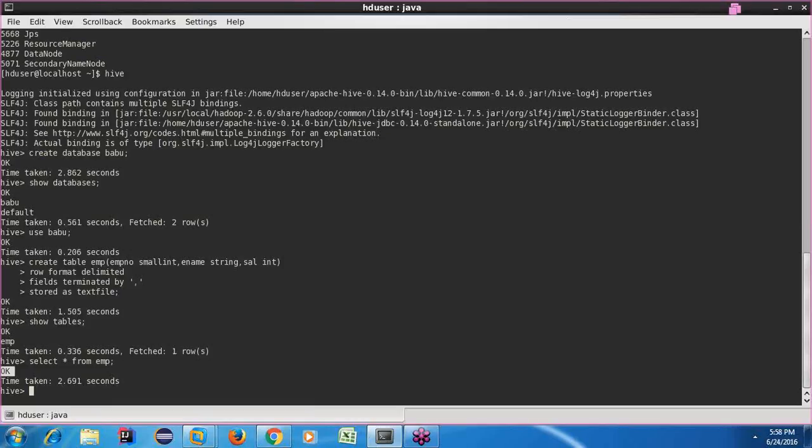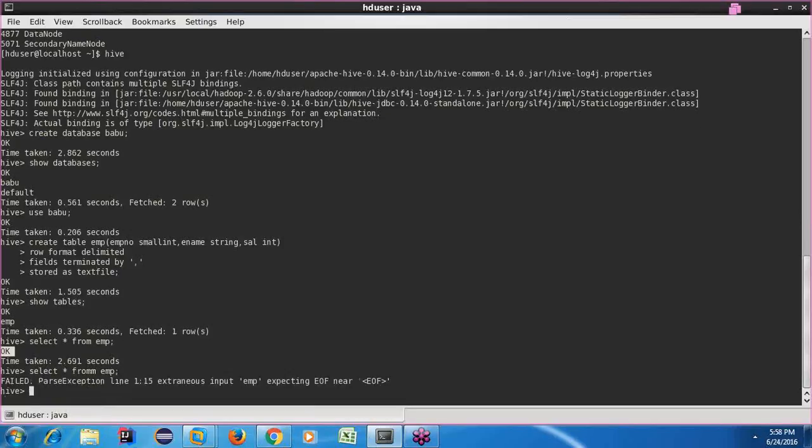If you had any errors, let's say I write select a star and put some more characters here. See, you'll get that error. In case of any errors, the Hive terminal is going to throw that error in our face right away. If you don't have any errors, it is going to show us OK.